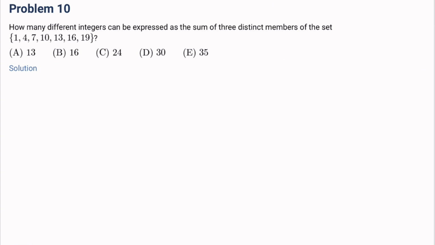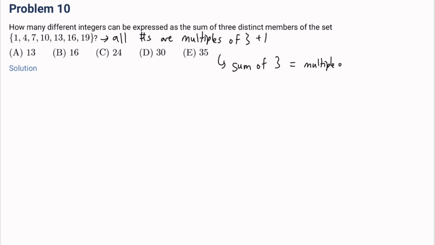Number 10, how many different integers can be expressed as the sum of 3 distinct members of the set this? If you see here, all of the numbers here are multiples of 3, and then plus 1, right? So that means that the sum of 3 members from the set is always going to be a multiple of 3, right? And so if we look at the minimum value that this can make, then the minimum is 1, 4, 7,